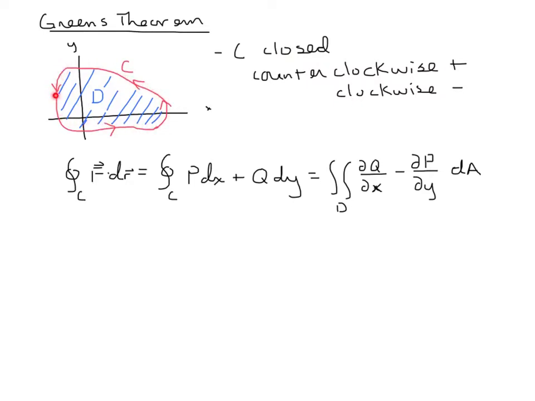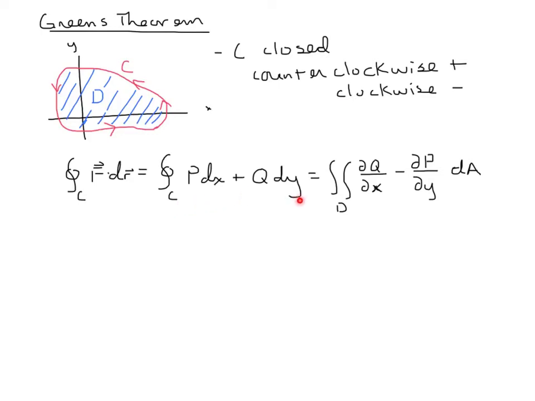If that curve is counterclockwise around the region, then it's considered positive orientation. If it's clockwise, it's considered negative orientation. And if so, you would multiply the line integral by a negative. So with this closed curve, what Green's theorem says is there's a relationship between the line integral